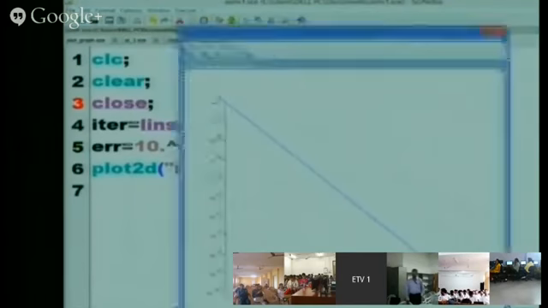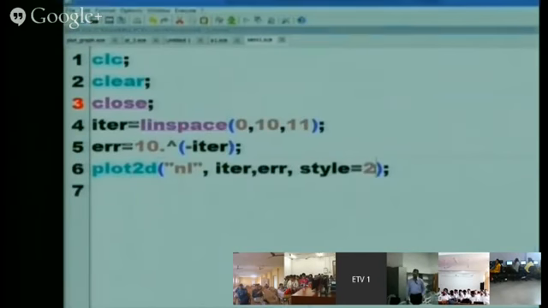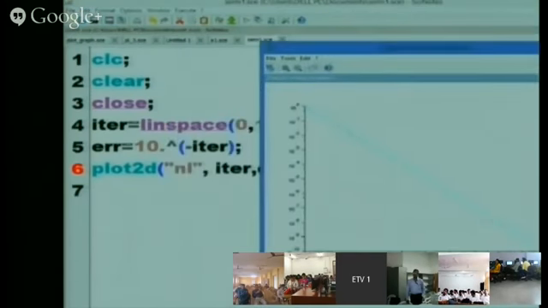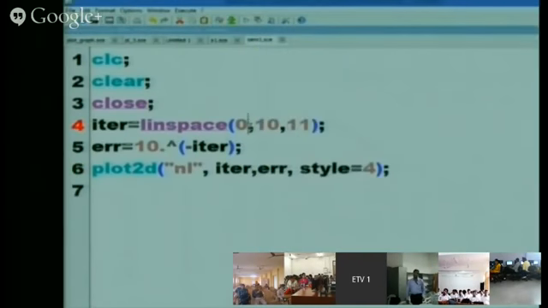You can add titles to this, X title, Y title, and style 2, style 4. The color of the line will be changing, right? It should come.